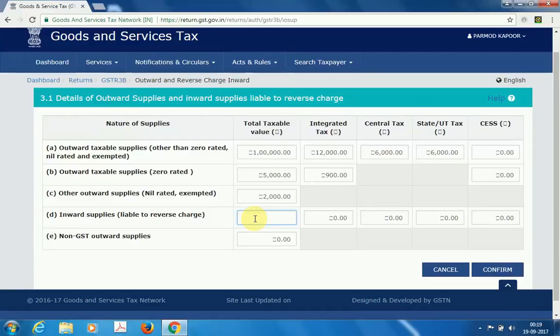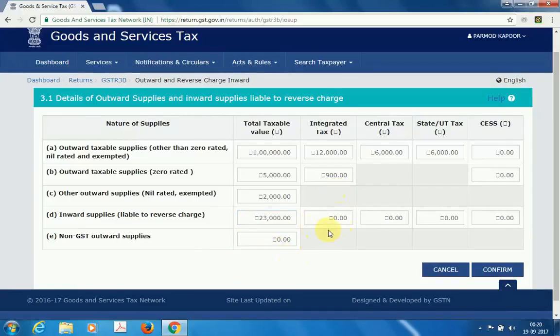In case of small supplies, suppose you are taking tea and coffee for your office, usually the small tea vendors are not registered. In that case, you will have to calculate GST and deposit it. The government has made this provision to charge tax on every item, either directly or indirectly. Let's say we are paying monthly rent of 20,000, and we have tea supplies of 3,000 more, and 23,000 is our inward supplies that is liable to reverse charge.